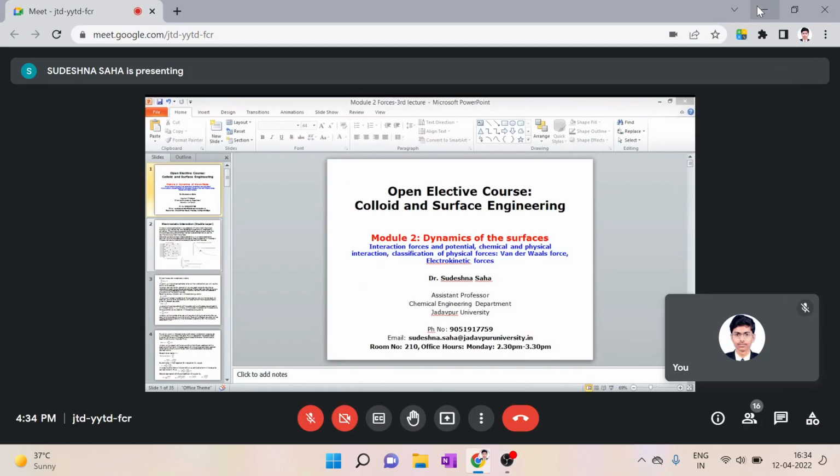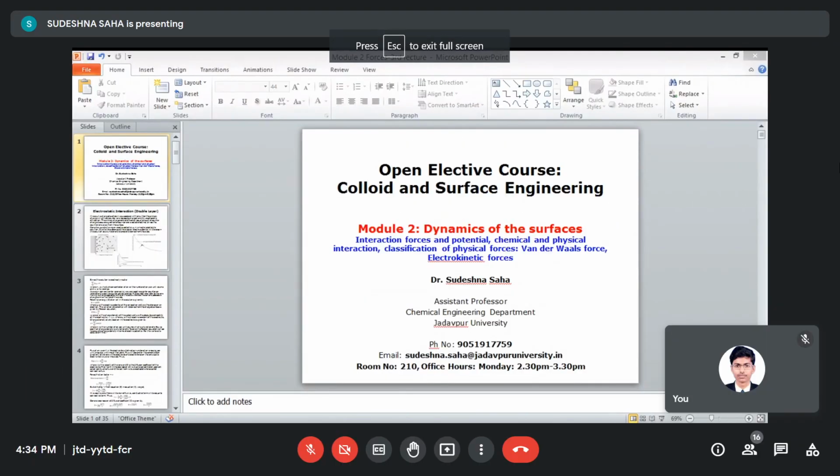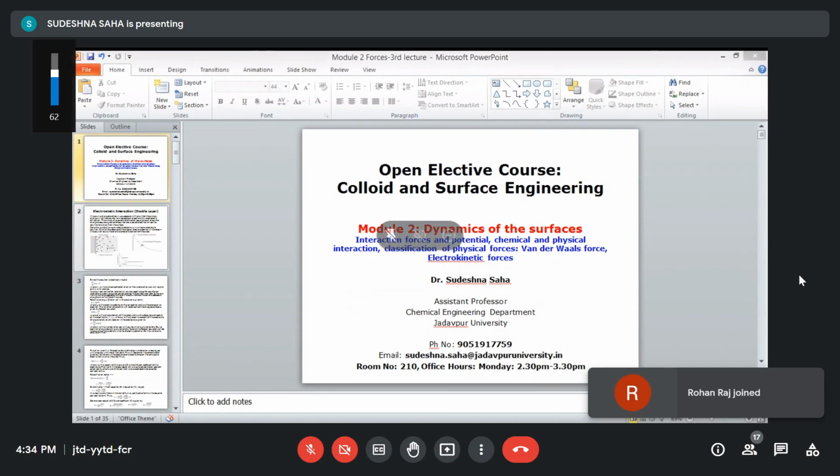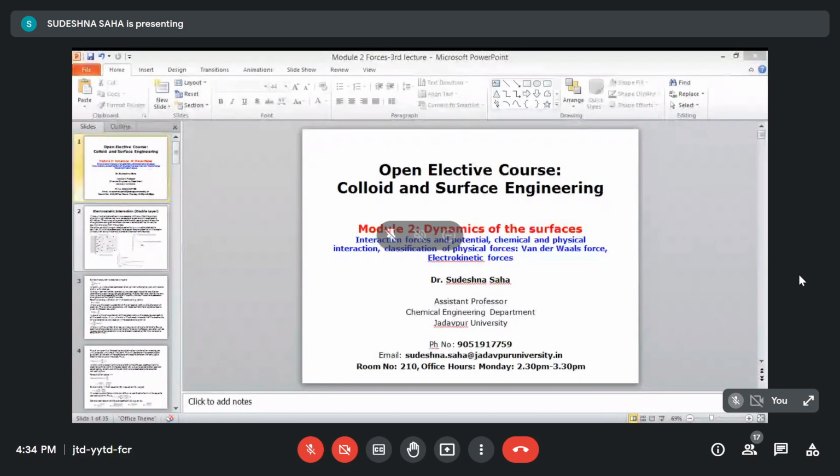Boltzmann theory. So we'll start talking about the electrostatic interaction. We will talk about Boltzmann theory, and then we will go for Debye approximation, and from there we will go to electrokinetic forces. So that will cover this portion of the module, and in the next class we will be moving towards contact angle and all those things. Okay, I will make it short for contact angle, but this portion will be a bit